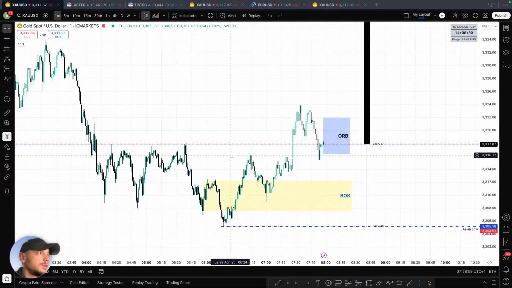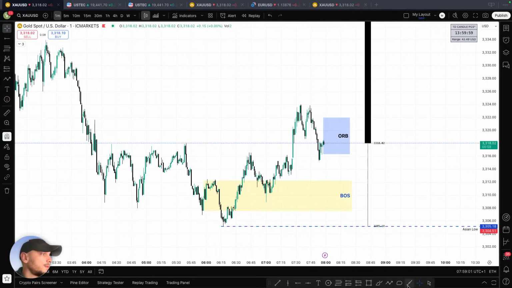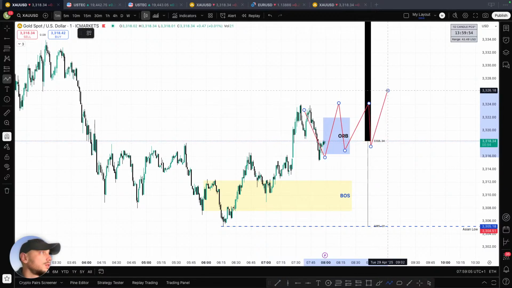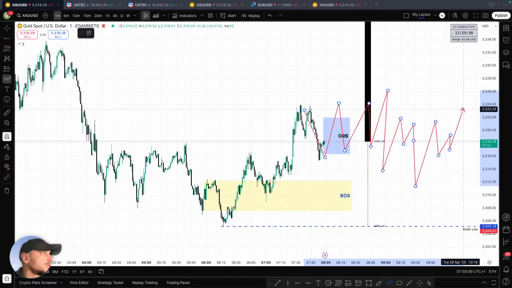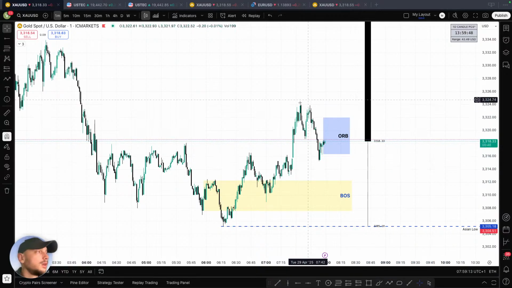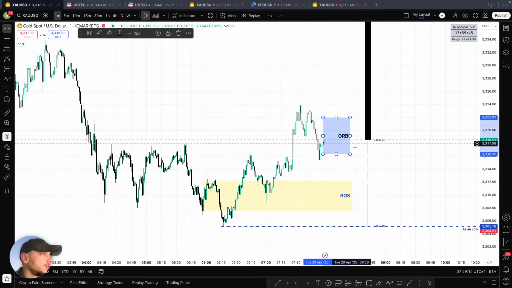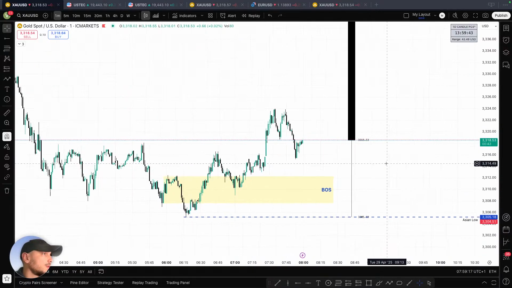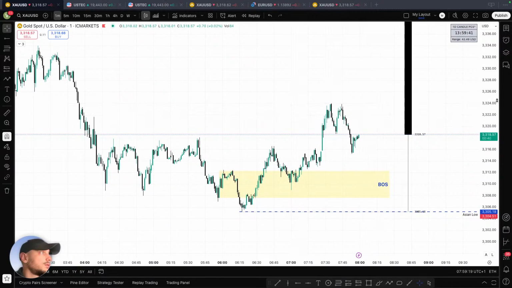At the moment, it's looking good, but what we don't need is the session to look like this. Take the highs, take the lows, range in between, take the lows, range, take the highs. We don't need this. We need volume. Okay, as far as the gold, this is for now.